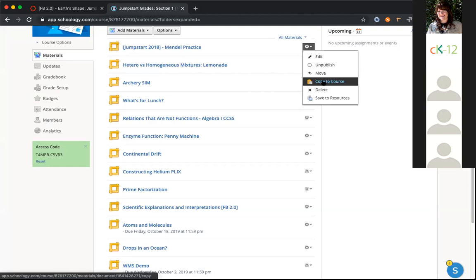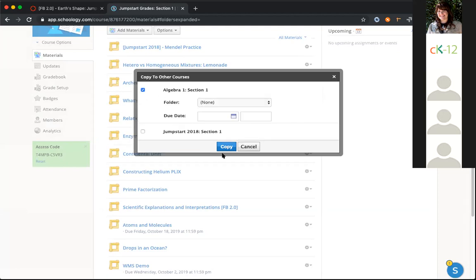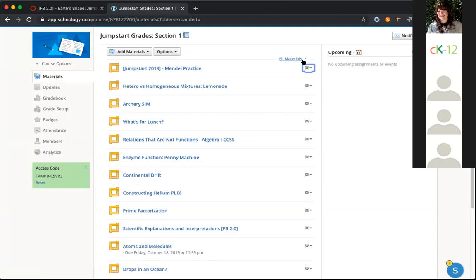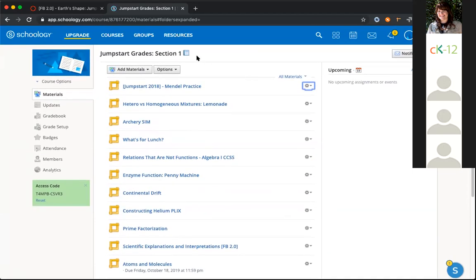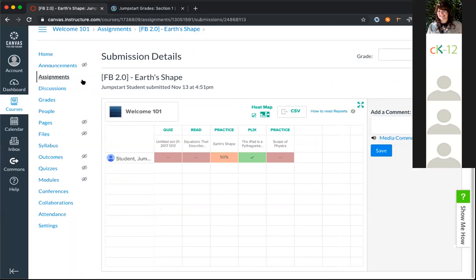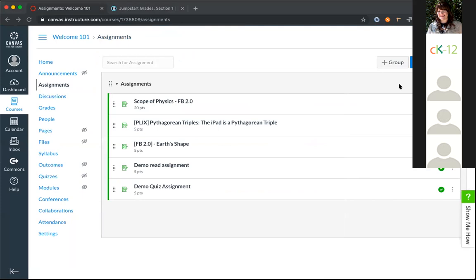There's also this option here that says copy to course. You can do that and copy it to the course, and it should just work for you. So I would say to try that. That way you don't have to recreate these individually. I know in the past we had some issues where that wasn't updating properly, but that should be fixed now. And then the same thing in Canvas. I forget exactly the workflow to do it, but if you've copied any other assignments or materials, I would say go ahead and try that.